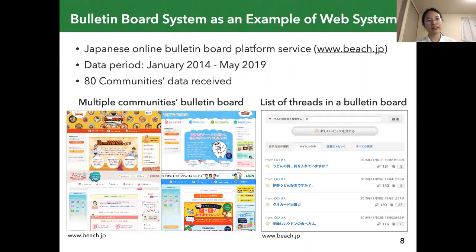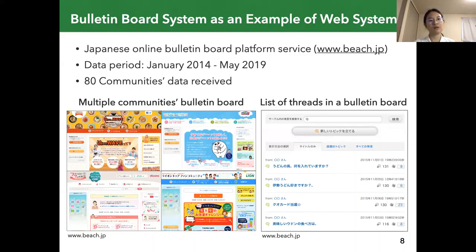To verify the keystone species in web system, we used bulletin board system as an example of a web system. In particular, the data we use is from Japanese online bulletin board platform service, which provides bulletin board system to more than 80 communities. We received data of 80 communities from 2014 to 2019. In this platform,